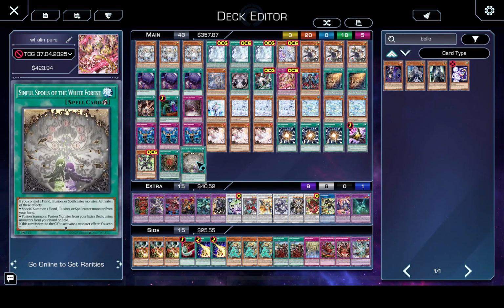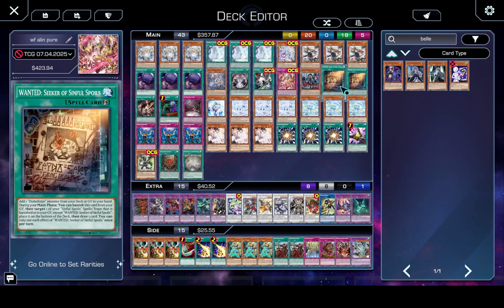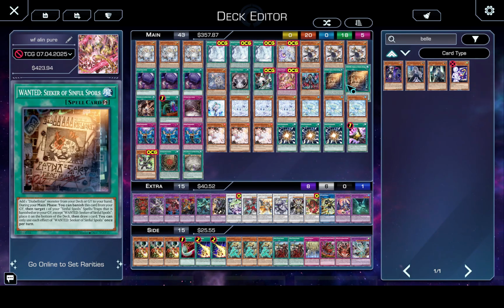It is not required to make the deck play, but it is a substantial increase to your ceiling. So what I suggest is that you either play Sinful Spoils of the White Forest if you only want one target that is not Deception or Wanted, which I'm playing 2 of because I'm trying to keep as close to 40 as possible, and I'm not playing one because this can be important for the resource game, and so banishing Wanted more than once in a duel can be quite important,